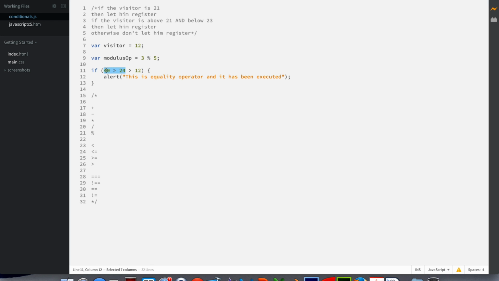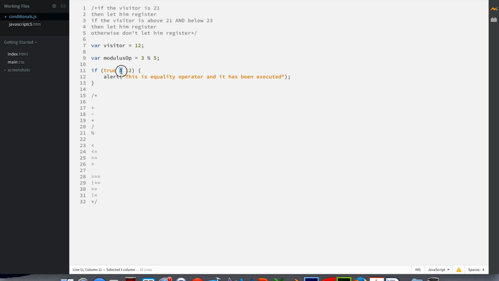So when it starts its evaluation process from the left, it will first look at this left-hand operand of 40, the numeric value of 40, along with the numeric value of 24, that's the right-hand operand. Because 40 is greater than 24, this is true. It will evaluate to the Boolean value of true. Now when it evaluates to true, it will be replaced with the Boolean value of true. After the evaluation has been successfully done, we get the value of true, and now it will then evaluate the